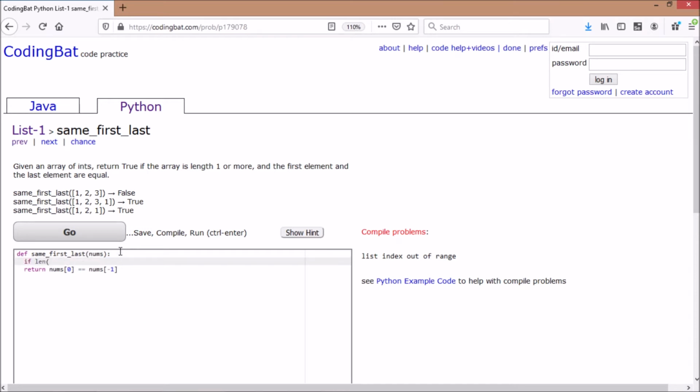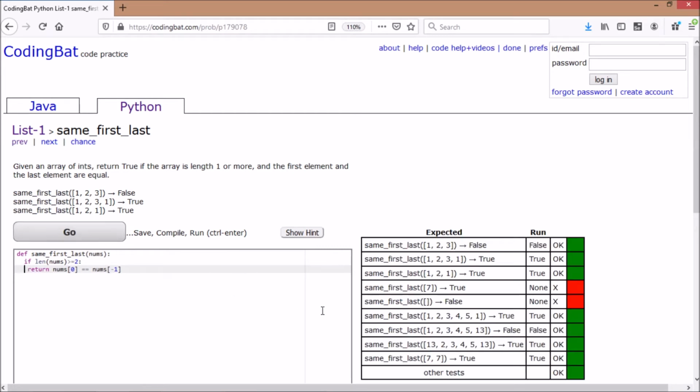If length of nums is greater than or equal to 2, then. Okay, so here why are we getting it wrong?